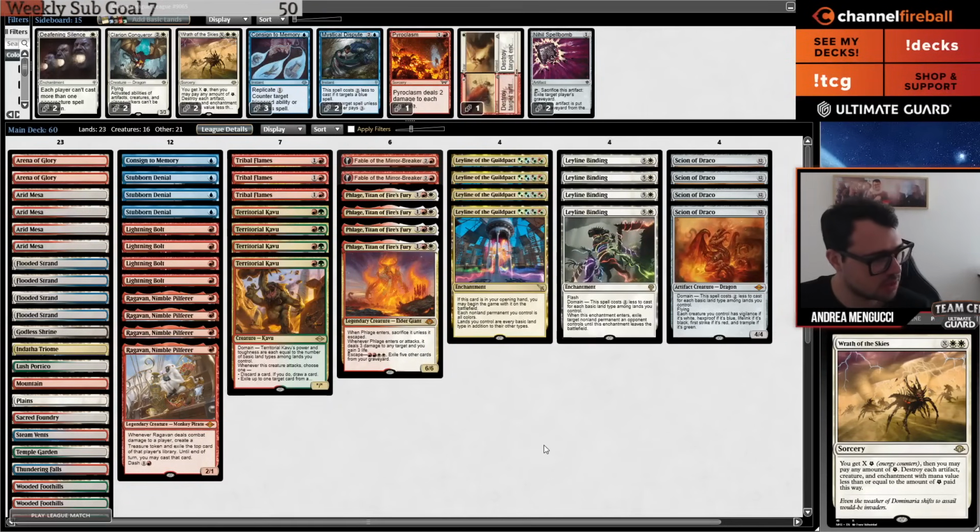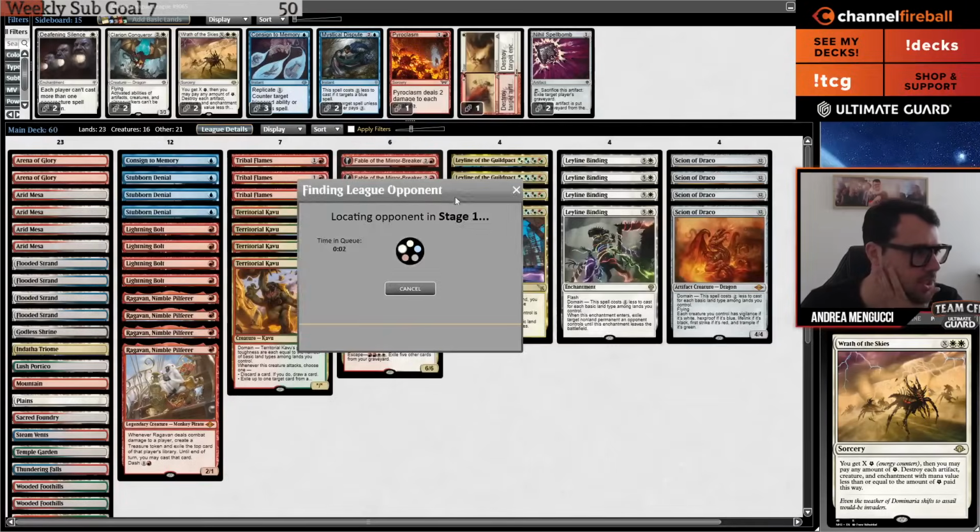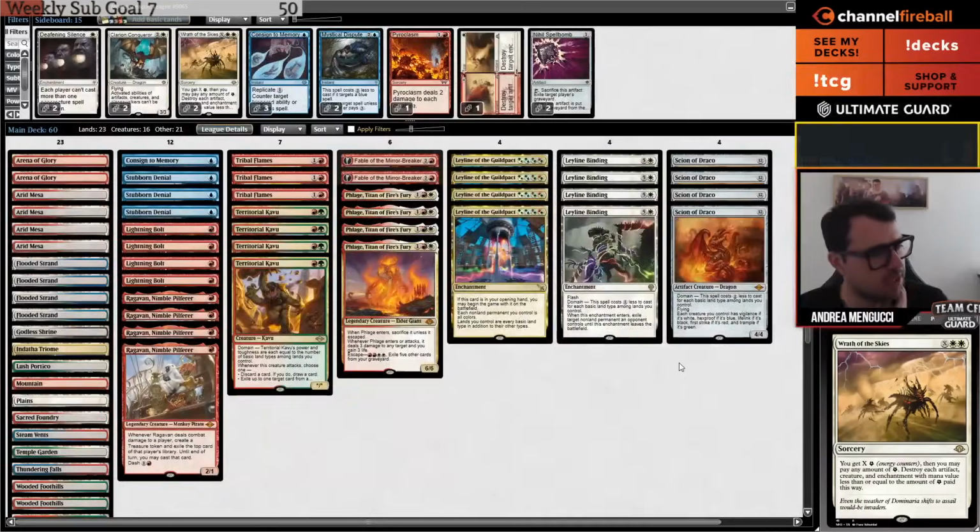Domain Zoo is likely one of the driving forces of Modern these days, having a good matchup against the creature decks. I played against this deck with Prowess twice at 4th season. I got rolled. I think this deck also has a good time against Boros Energy. This deck is definitely a good choice, and this list is very similar to the one I played that won